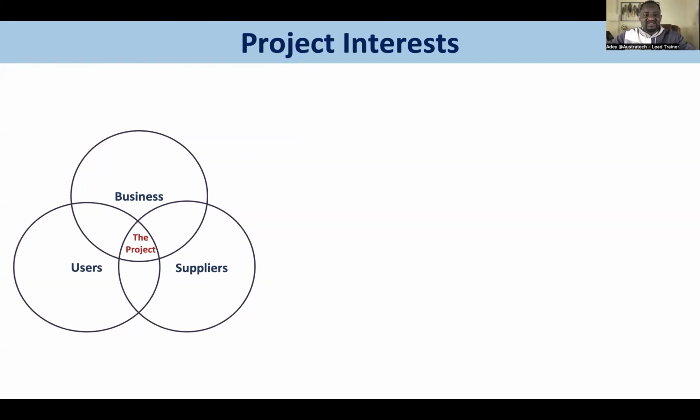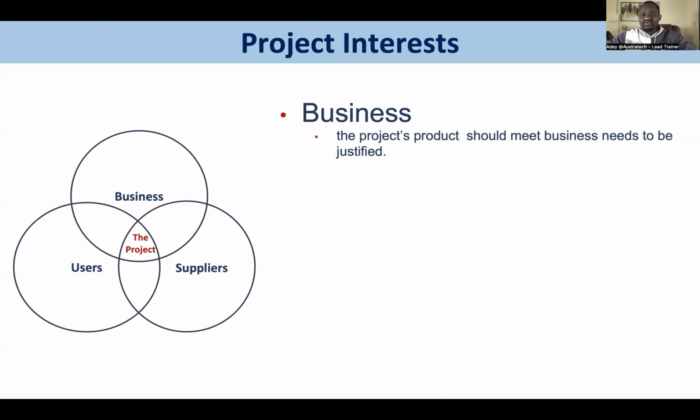The unifying factor is the project. So what we're saying basically is that the business then would expect that whatever project product we deliver is justified. Every time there must be a business case, a justification for that project product we're delivering. The project must always have value for money. It should provide value for money. The project you're standing up must have value for money to be important or interesting to your business or corporate